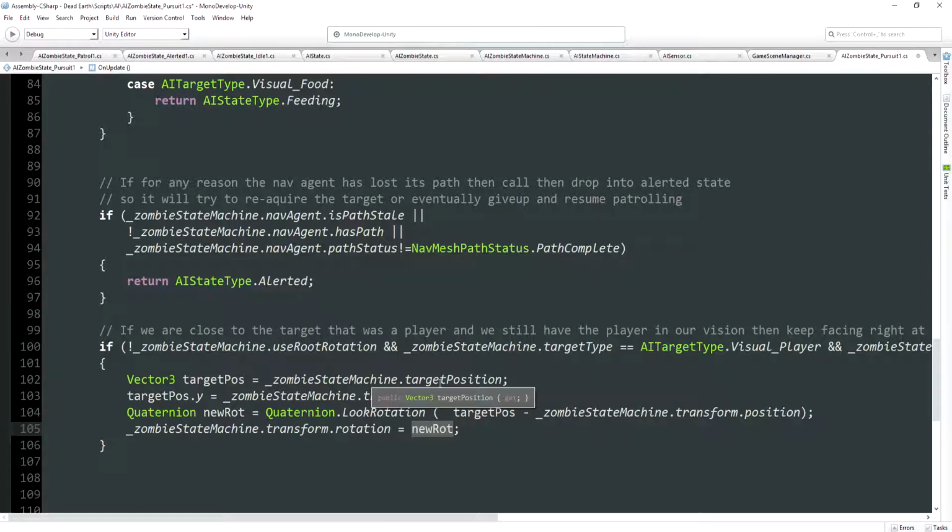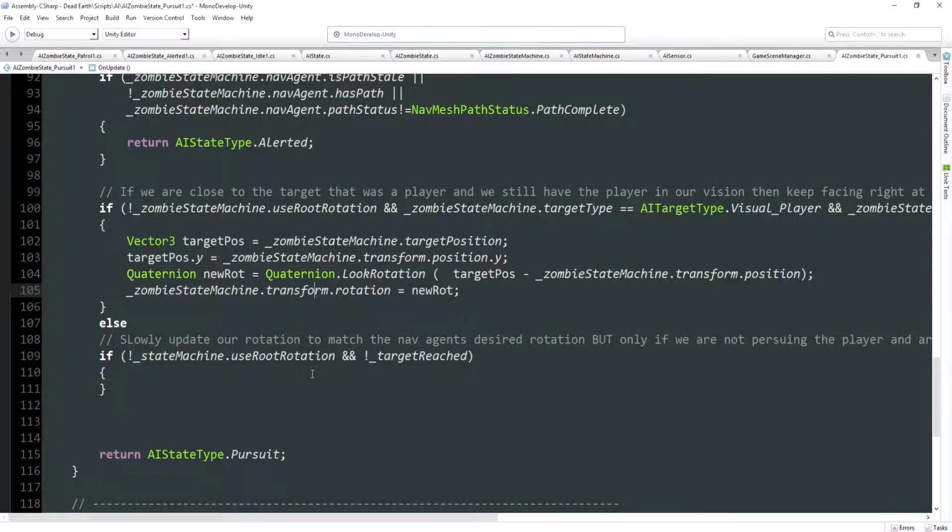Remember, we're extremely close to the player now. We don't want to be doing a slerp or trying to drag out that rotation, because then it will become too easy when the two are in close quarters for the player to shake off the zombie. So when they're in close quarters like this, we're essentially gluing the rotation of the zombie such that it's always facing the player and always oriented such that if it were to do an attack, it would be correctly aligned with the player's position. Okay then, so we've handled the case where we're in melee range and we're transitioning into the alert state, and we've also handled the case where we're not in melee range yet, but we're close enough to our character such that we're in our target trigger and we want to keep ourselves facing the character at all times. Next up, we'll handle the generic pursuit condition, which is when we're not currently at our target, we're currently running towards it,